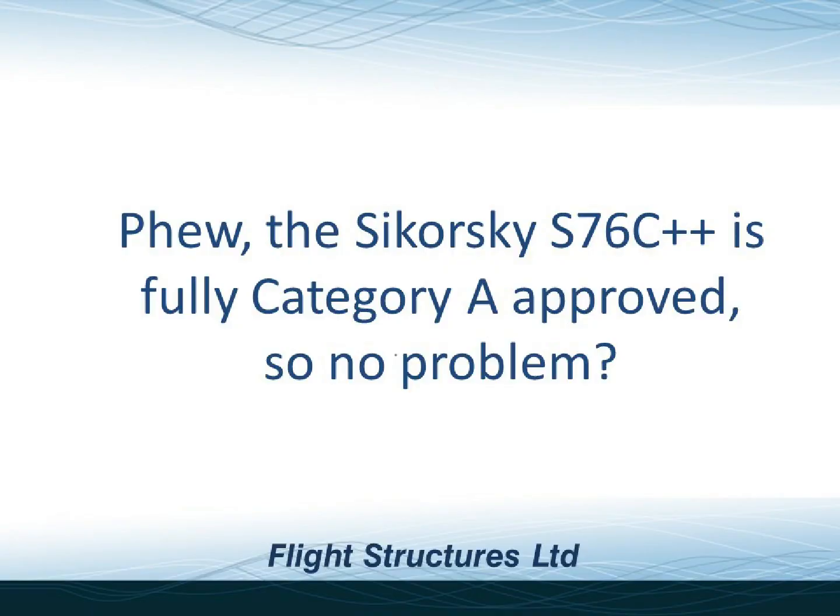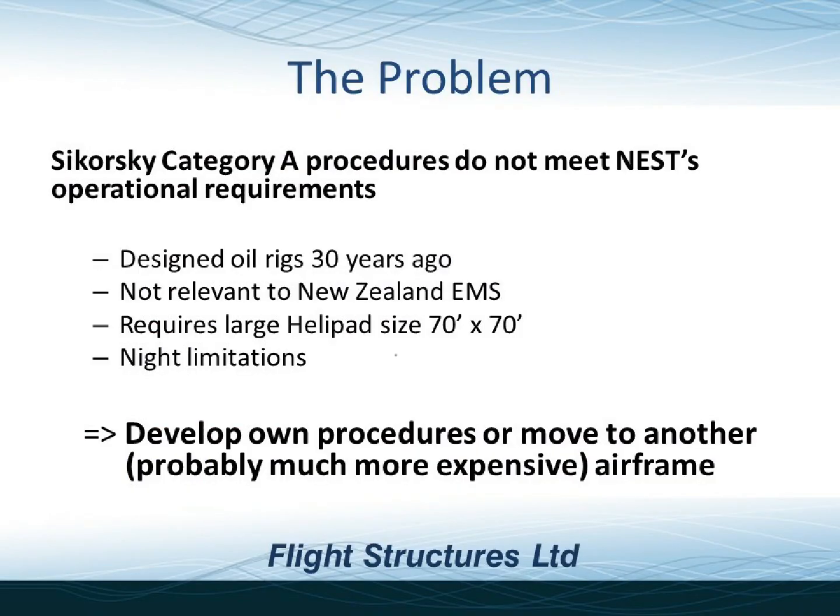So the Sikorsky S76C++ is a fully Category A approved helicopter. So no problem. Unfortunately, there is a problem, which is that the S76 was designed around 30 years ago, and the Category A